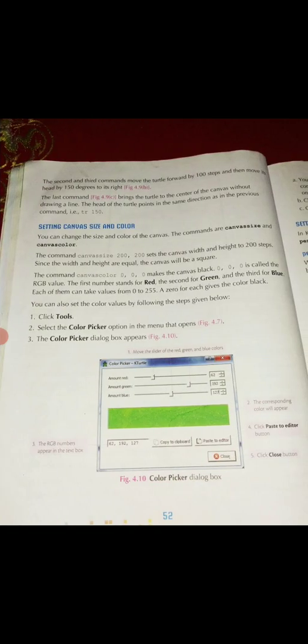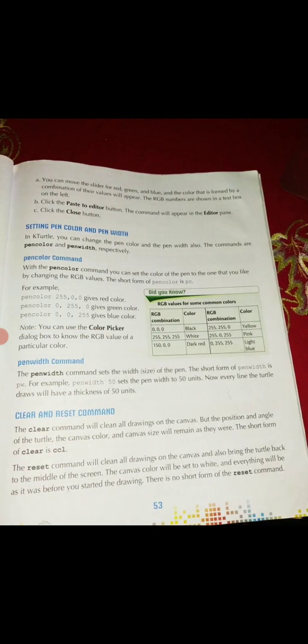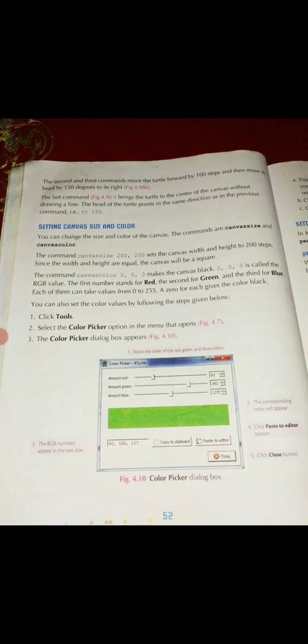You can also set the color values by following the steps given below. To set the color, there are also some other steps. You will get a total of 3 steps here. Have a look. Step 1, click the tools. Firstly, we will click the tool with the help of our mouse. Step 2, select the color picker option in the menu that opens in figure 4.7.